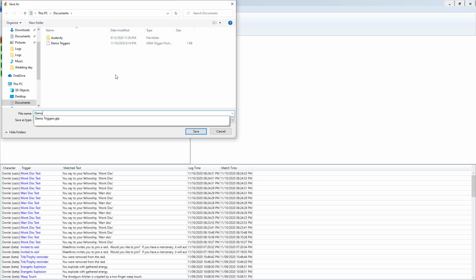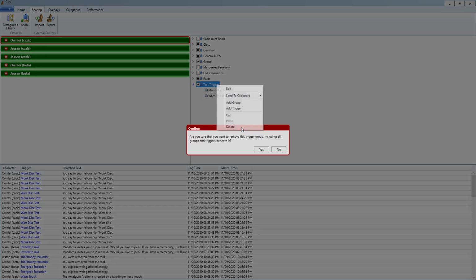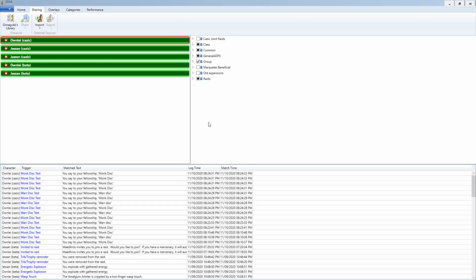I've actually done this before, forgot to delete that. So demo2 triggers. Save, and keep a mental note of where that's at. So now if we came through here and deleted, yes, and say we wanted to get those triggers back or share